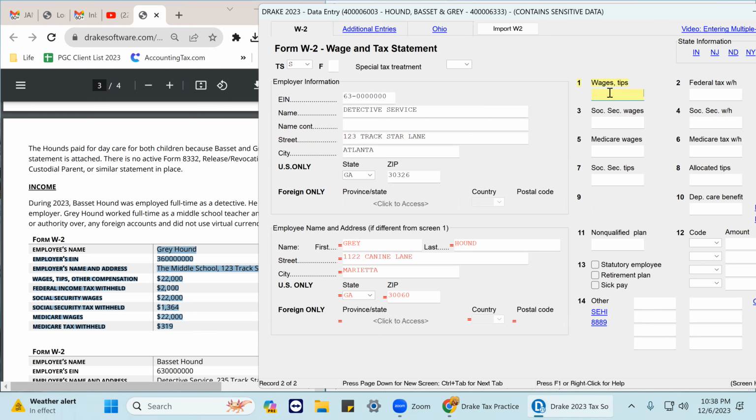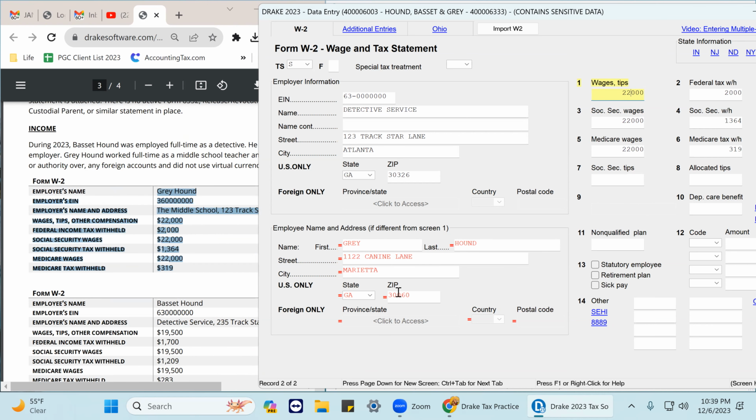Now, this is box 1 of W-2. Box 2. In this example, box 3 is the same as box 1. I am making a mistake in box 1 now. What mistake did I make? This is a very common mistake. I missed a 0. How can I catch my mistake? Because I go to box 3, which is supposed to be equal to box 1, right? So now in here,